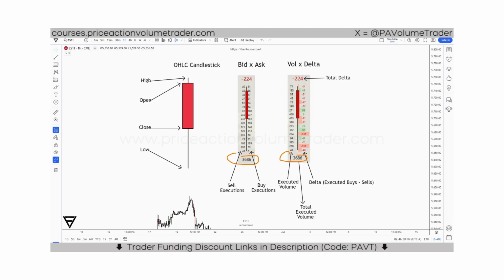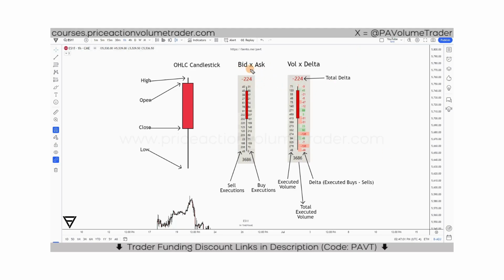So in this case, if we add up all the buys and sells, or all the total volumes here, it's going to give us the total number of executed contracts in this particular candlestick. Okay? And you can see right here, it's very easy to understand if you just look at it side